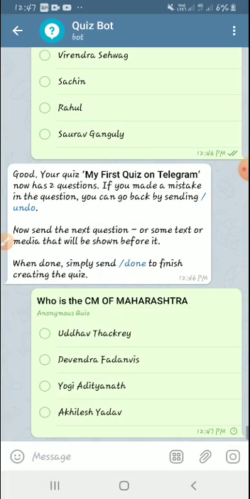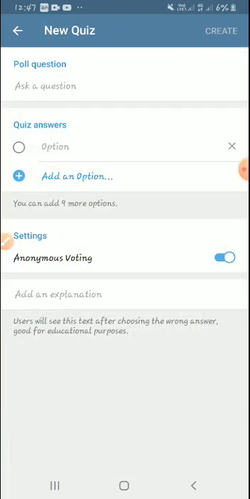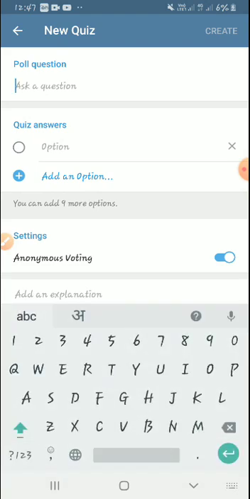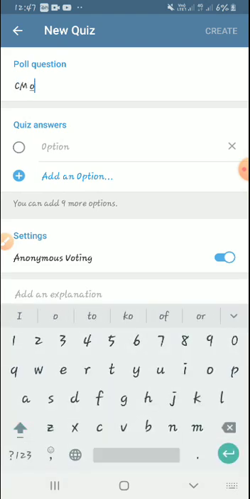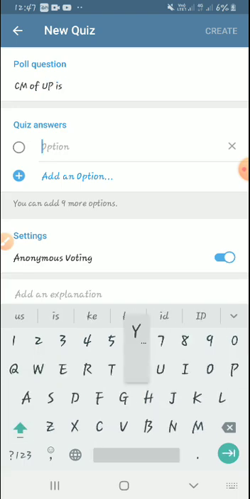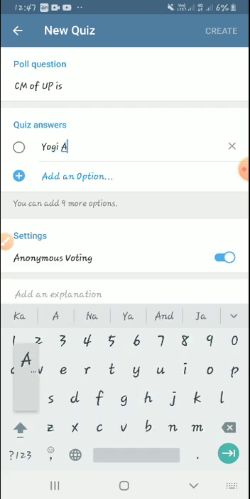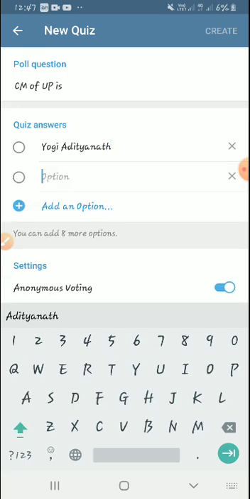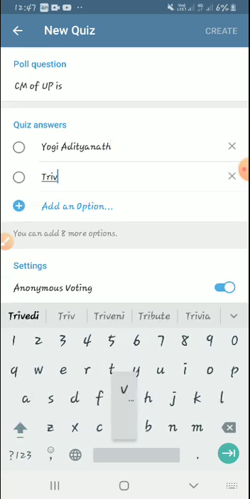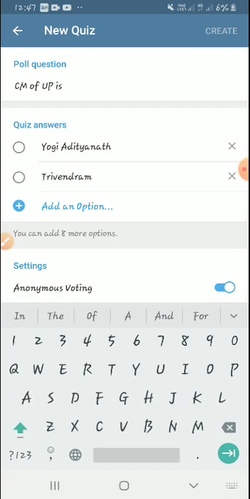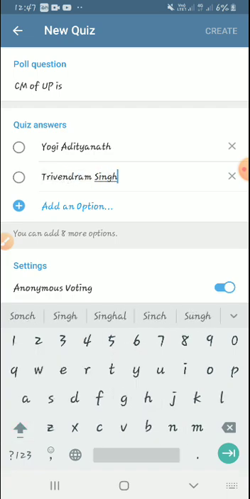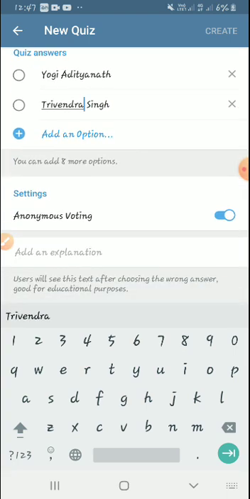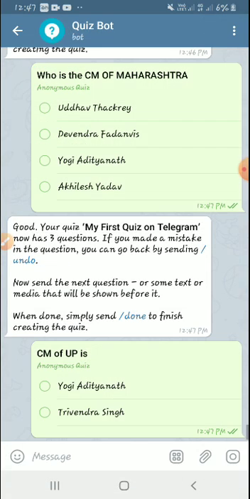I choose the correct answer, then create. We will add one more question. CM of UP is Yogi Adityanath, Trivendra Singh. Suppose I have added only two options here and choose the correct answer.